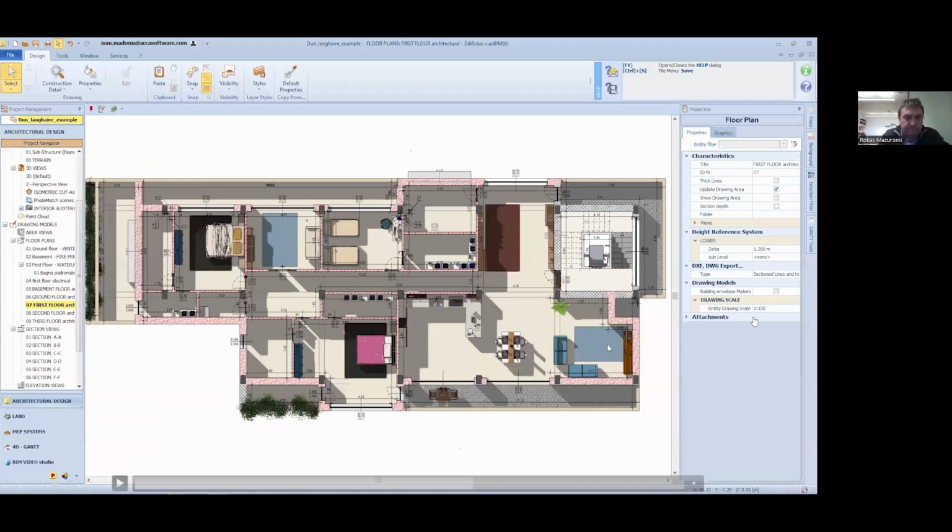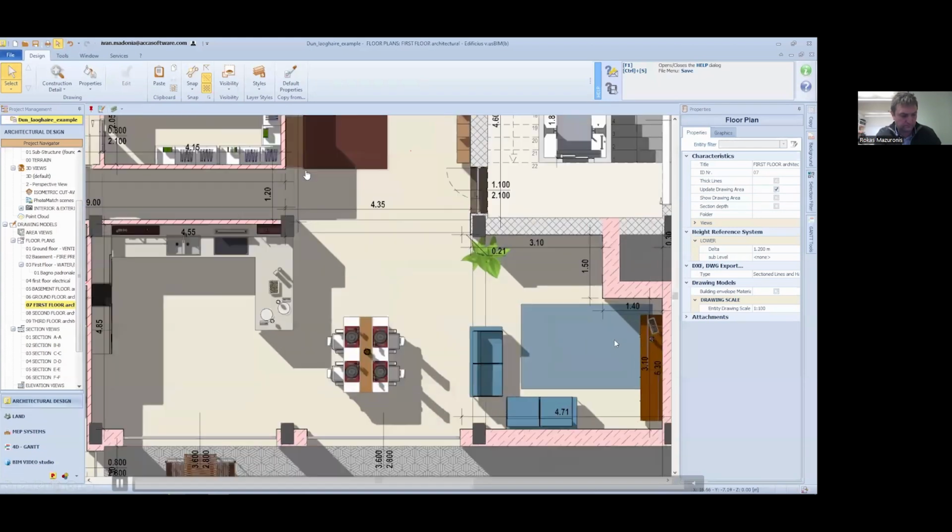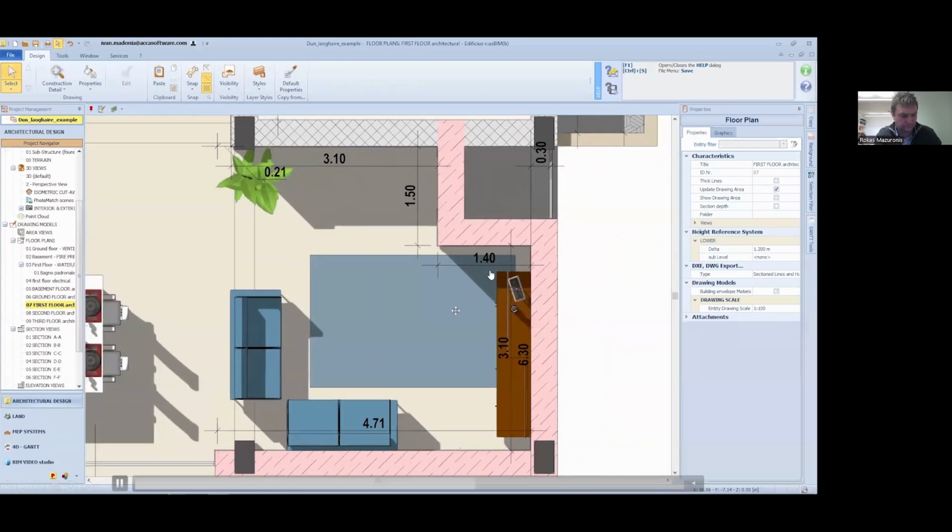Of course, the need for highly detailed construction drawings, floor plans, section views, cutaway drawings, isometric views is also something very important, even when we're talking about BIM. And here you can see the different ways of being able to visualize our construction documentation, which is, of course, something which is left to the creativity and the visual requirements of each architect. So you also have the possibility to customize the way we produce our drawings.